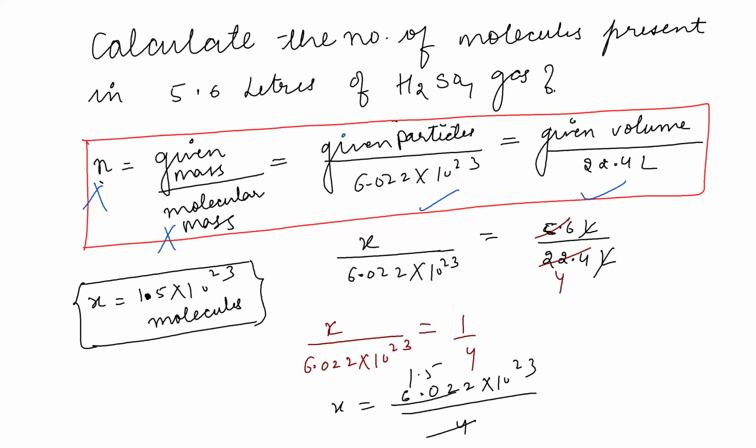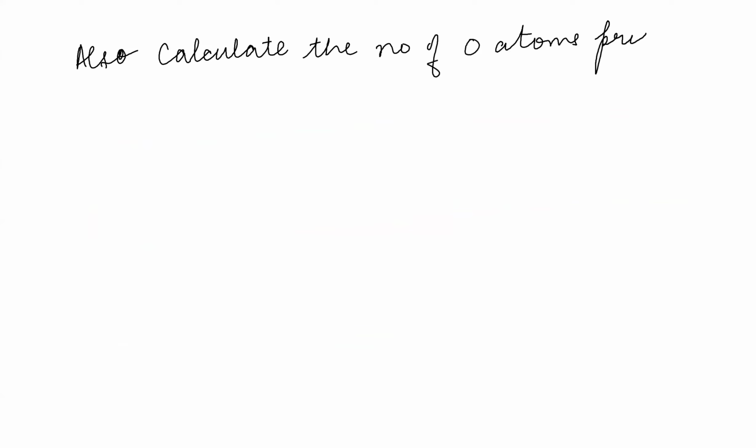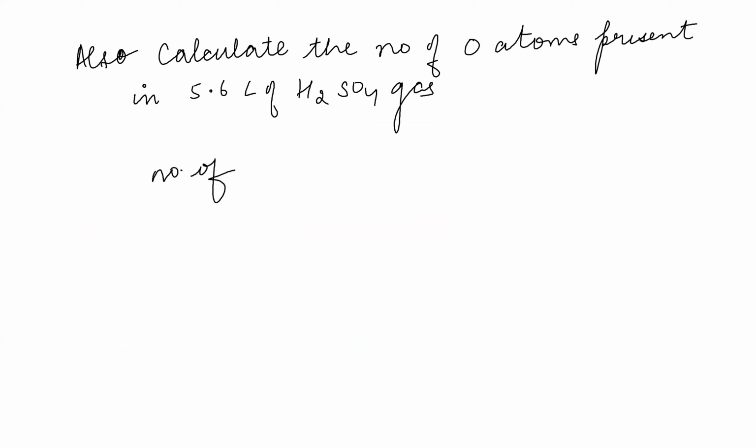Got it? Now, that's the molecule. If I ask you the number of atoms present in it, let's say it's the same question, I would have framed it that way: also calculate the number of oxygen atoms present in 5.6 liters of H2SO4 gas. In the previous question, you just calculated the number of molecules. Are we understanding or not? That came out to be 1.5 into 10 raised to the power 23